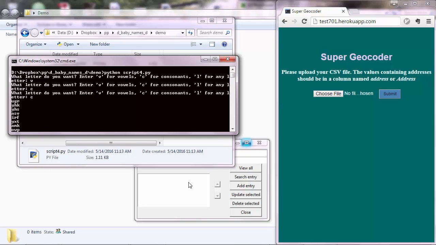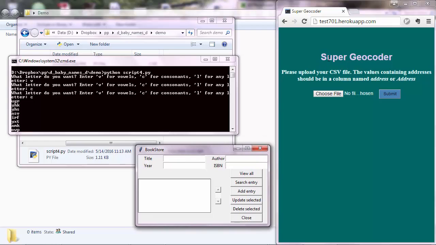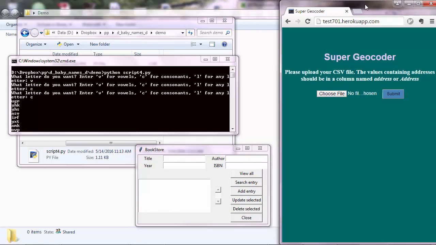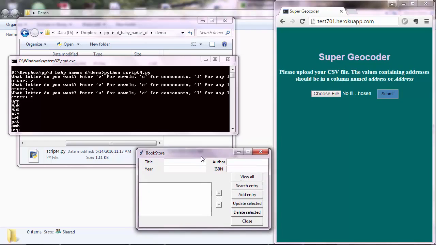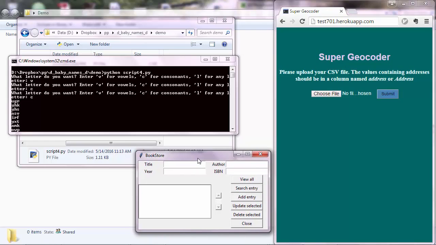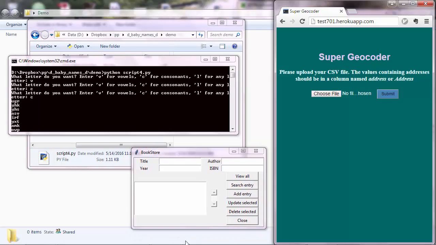And that's why you have graphical user interfaces there, such as this one, or browsers, such as this one in here. And yeah, when would you use a desktop application such as this? Well, you'd use that if you just want to distribute your program to a specific number of users. Let's say you work at a company and you want to build a program for the employees of the company to do specific tasks. And so you could build this program,